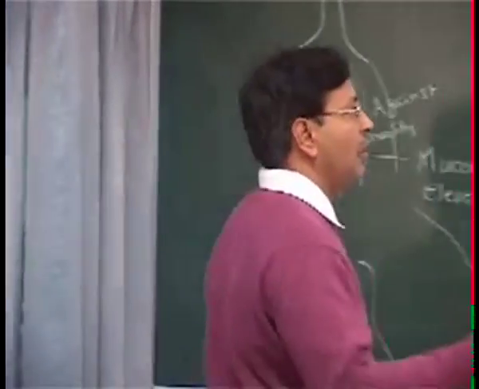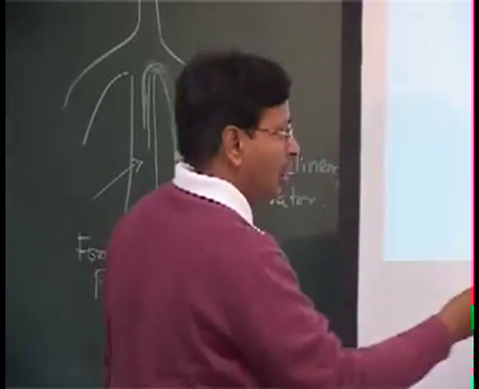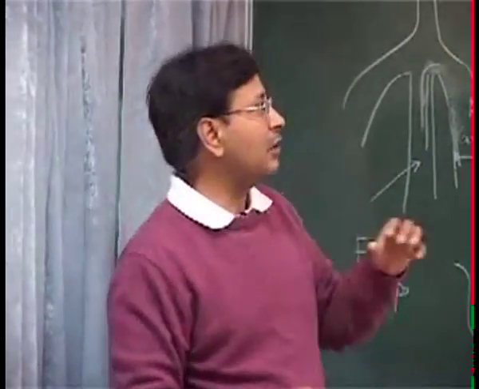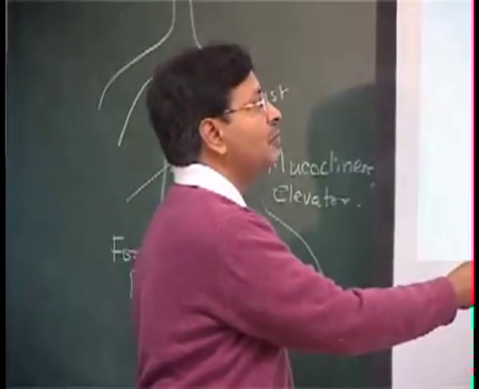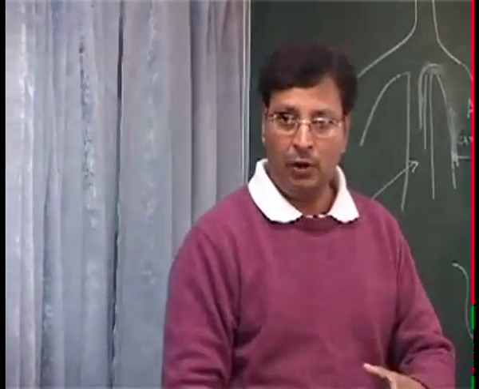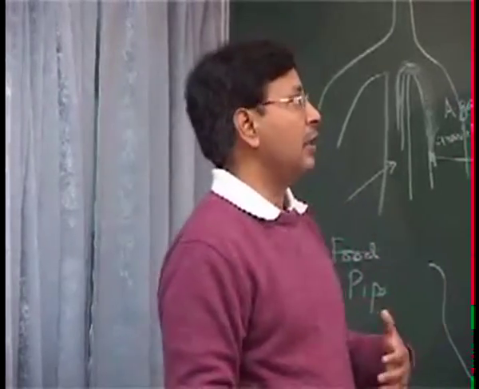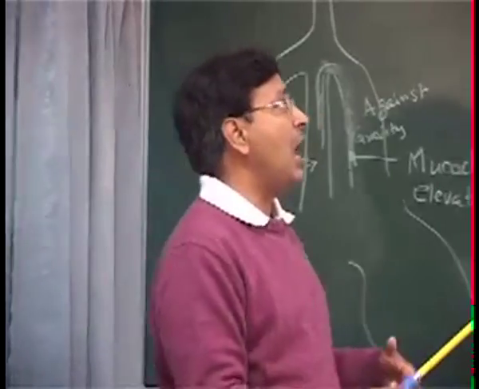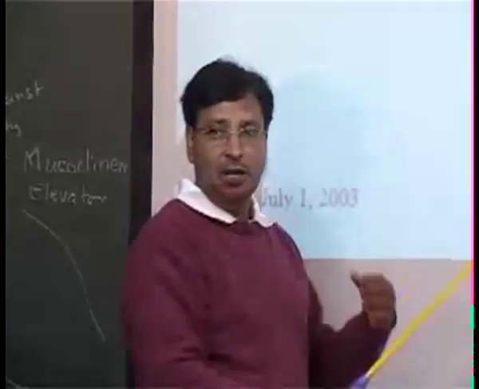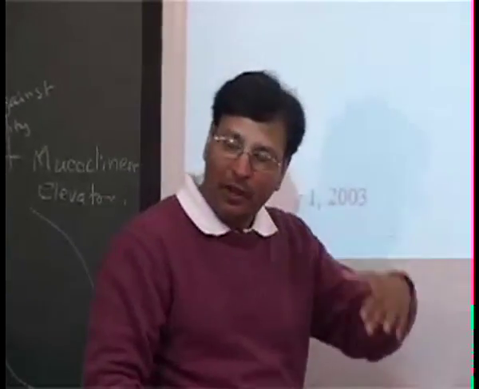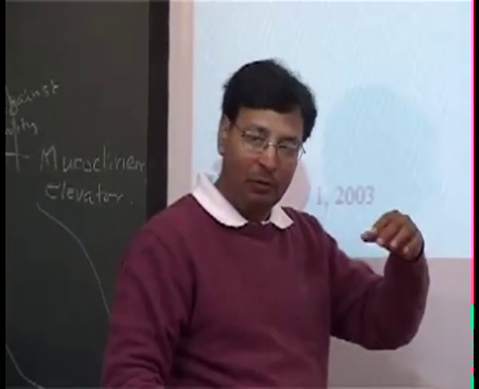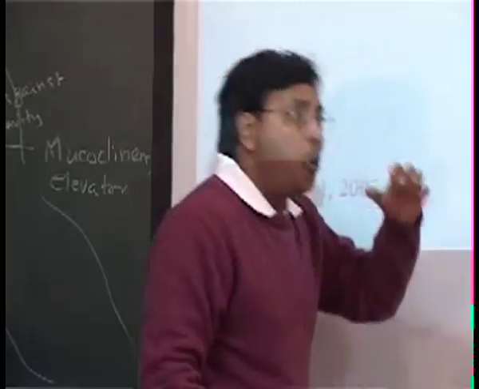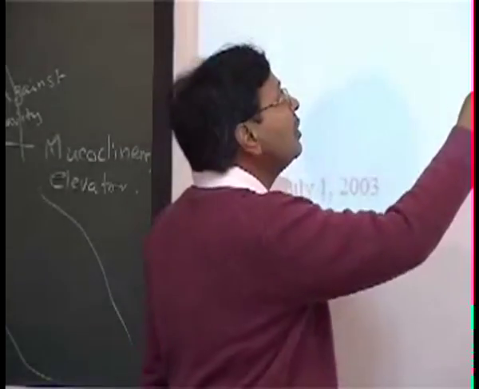So this is the normal. Let's forget about this one for the moment. Imagine we are talking about this curve starting from this point. I take the deep breath, and now I start. What will happen? I'll have the peak expiratory flow rate at some point, and then the amount of air that I'm able to exhale with time will reduce. There will be one peak, and afterwards it reduces.